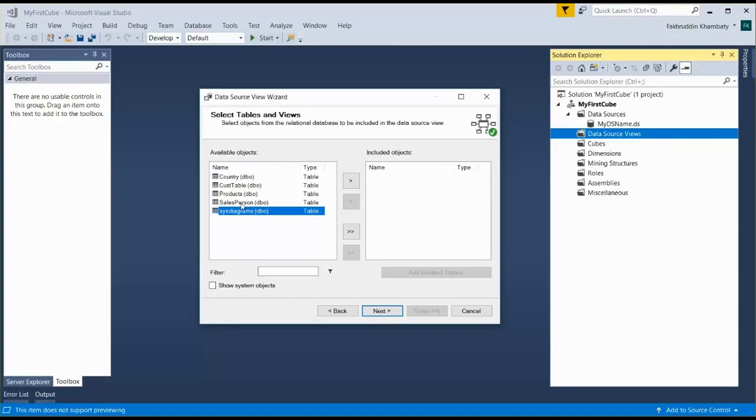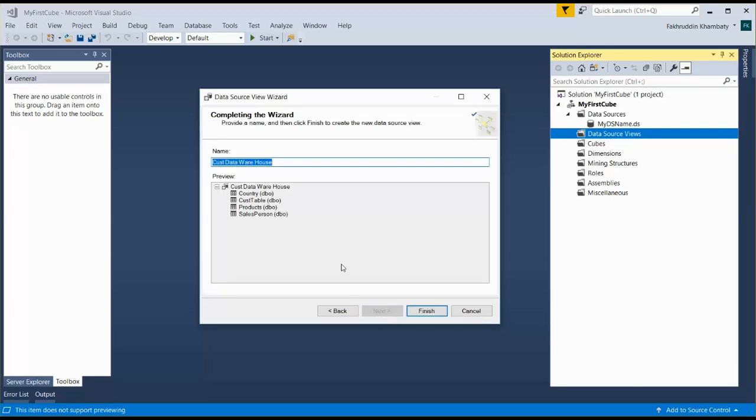So ignore this for now, and I will say that I want all the tables, and I will give it a name, my data source view name.